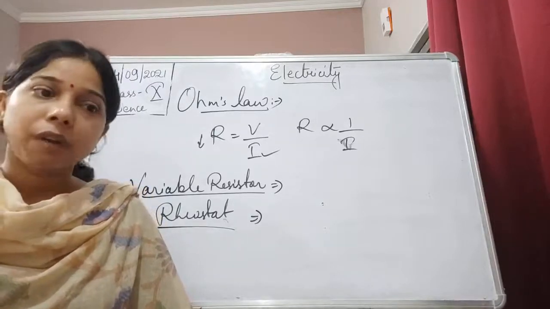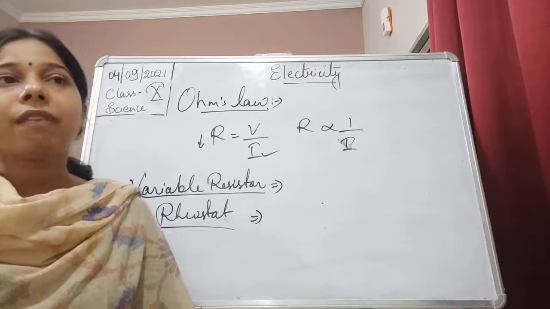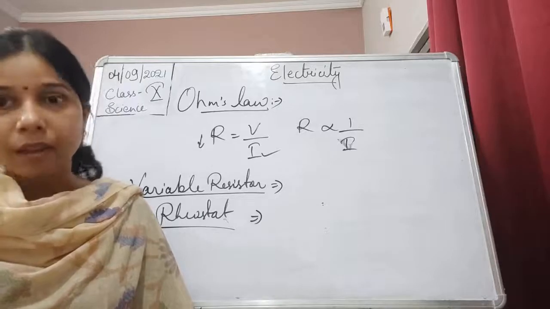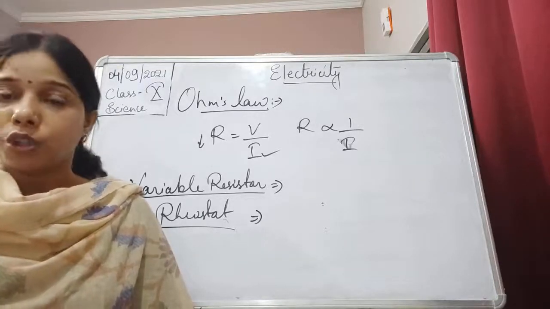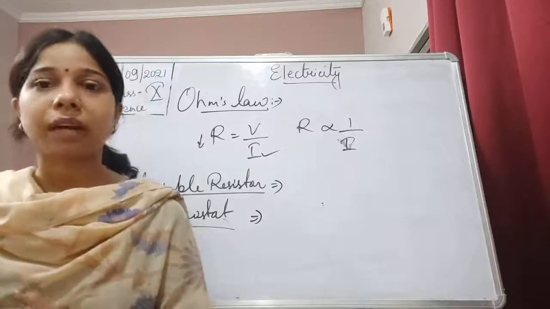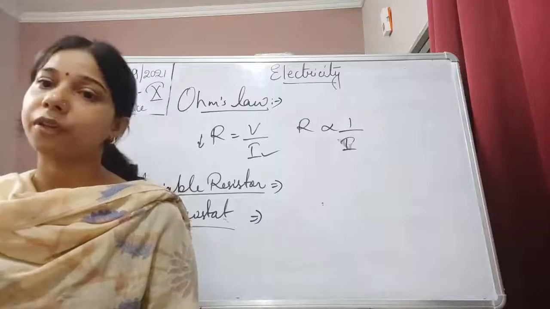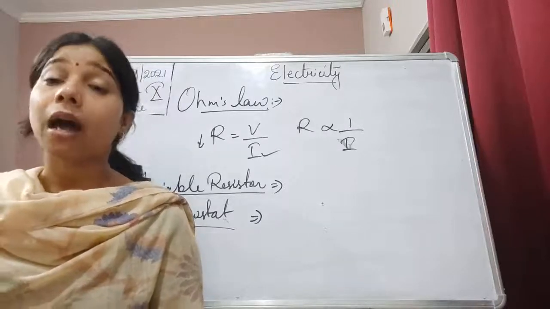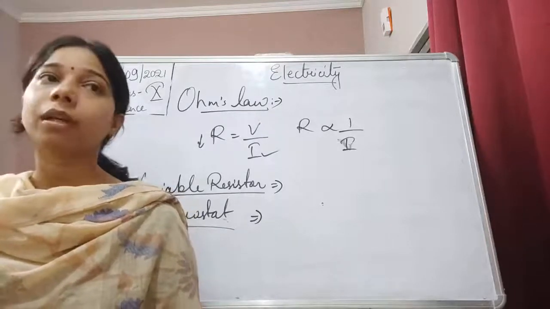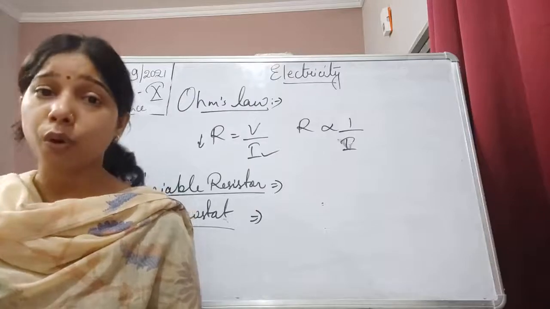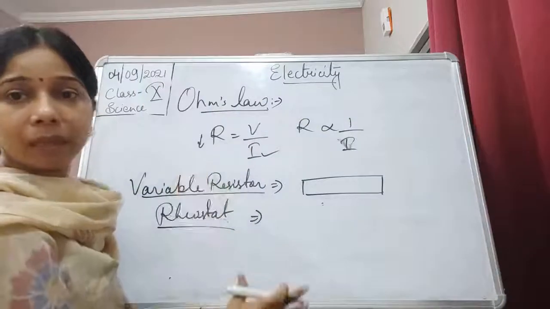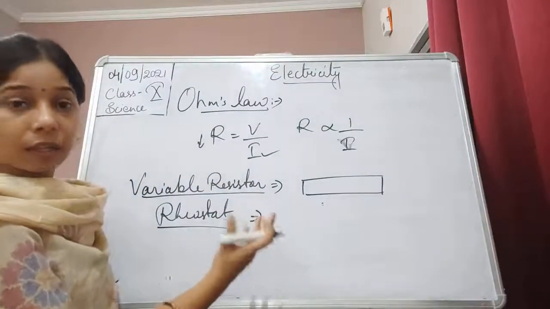If you take a nichrome wire, a torch bulb or an electric bulb, you will find that no, there is a variation in the current. This helps us explain that a different amount of electric current flows in different substances, and the reason is that they are different conductors. It depends upon how much electric current each allows to flow. Different materials allow different amounts of electric current. How is it so?